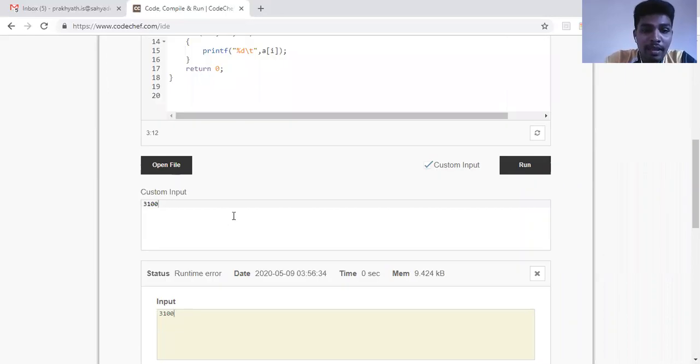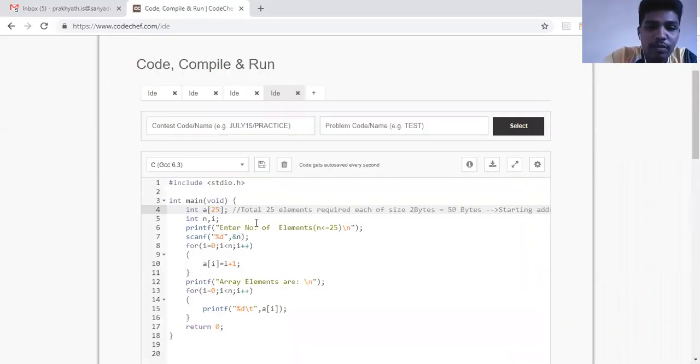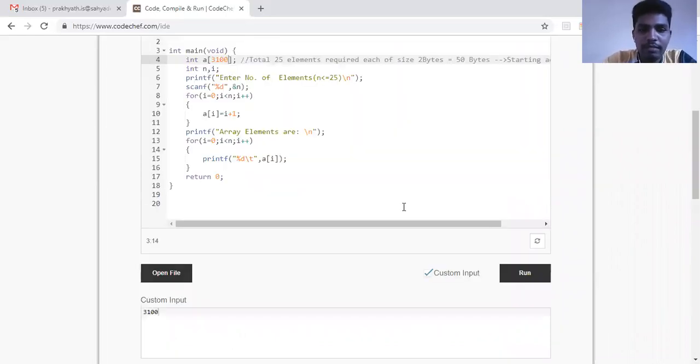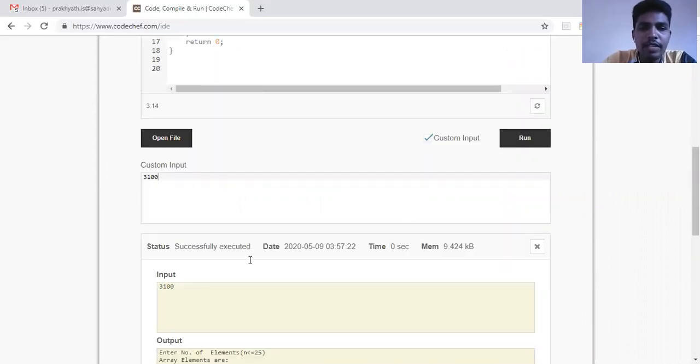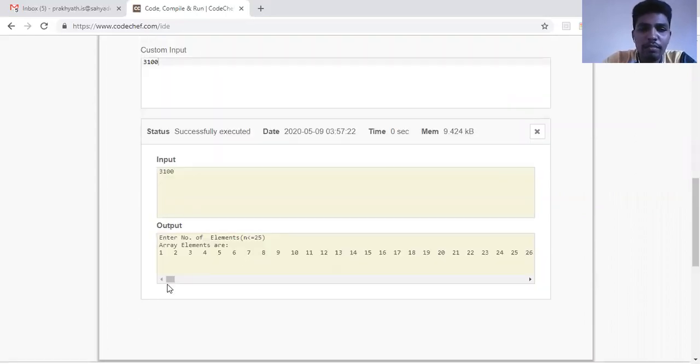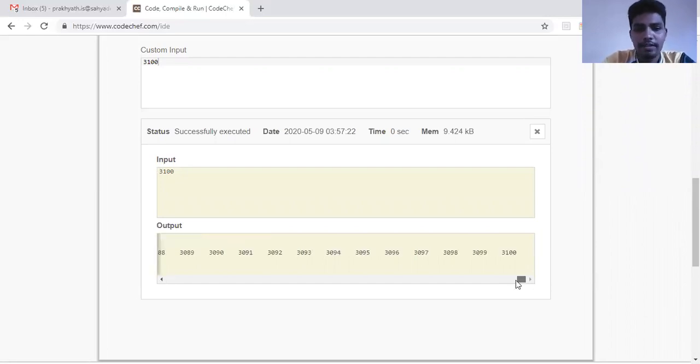But if I've reserved 3100 rooms, it doesn't throw an error. So we'll see that. I hope this much room is available in this particular compiler. Okay, now you see here, it is not an error. It has given all the numbers till 3000. Okay, yes, 3100.